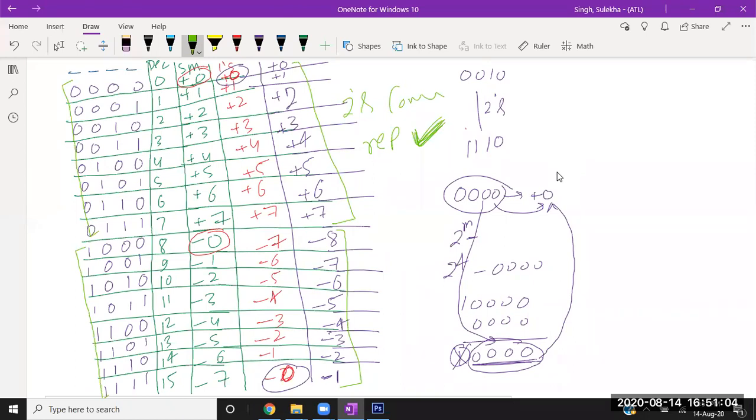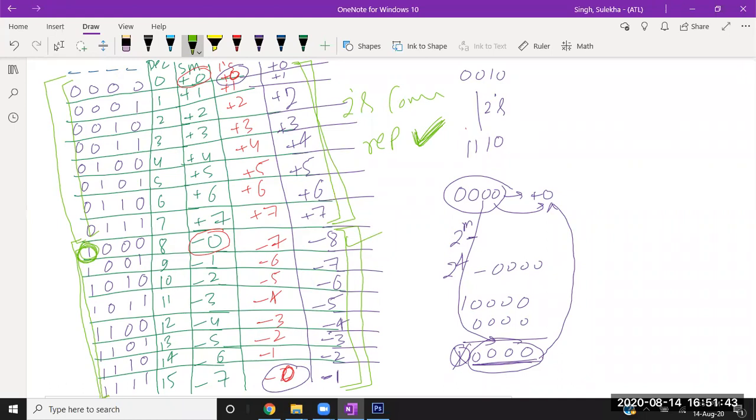But since my first bit is 1, it's better to say this whole number is -8, because it will be consistent then. If anything happens to a system, if the system is receiving any error, we can identify that error easily because of this point. All the numbers starting with 1 in the sign magnitude representation are negative. All the numbers starting with 0 are positive. So for that reason, this 1000 is represented as -8.